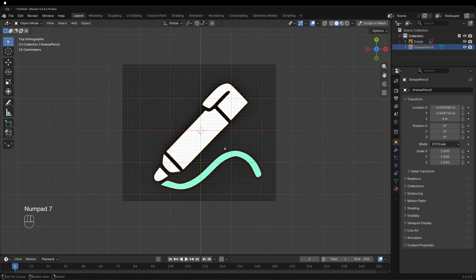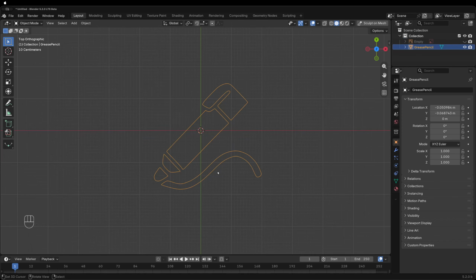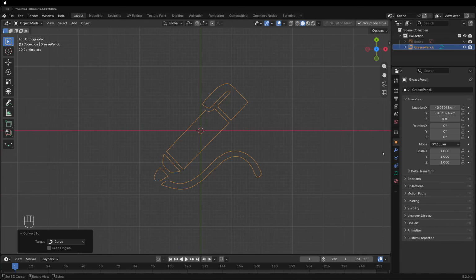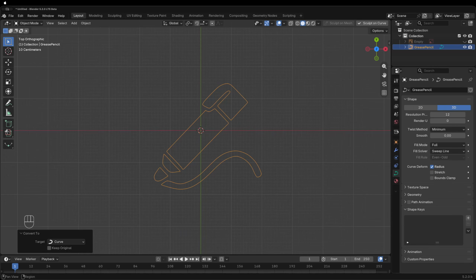I'll go back to the top view, hitting 7, and we'll just go ahead and hide that image that we had here. Once I'm done doing that, then I'll go back to Object, go to Convert, go to Curve, and then if we look on the right-hand side in the Properties panel here, you can see we have Data, and this is for curves, or in this case it says grease pencil, but that's just what it was. We can just rename this whatever we want it to be. In this case we'll just put